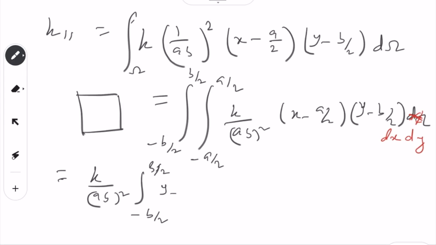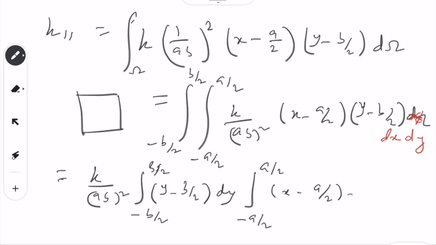So we will have y minus b over 2 dy times the integral from minus a over 2 to a over 2 of x minus a over 2 dx. This is how it will look. This is separated because the x part goes here and the y part here, so we can integrate it. So simply this becomes k over a squared b squared, and then this one becomes y squared over 2 minus